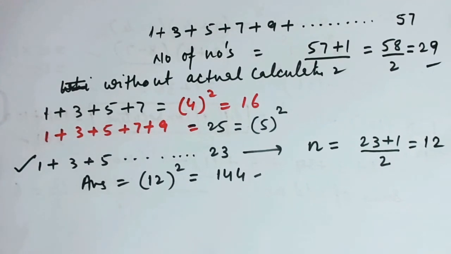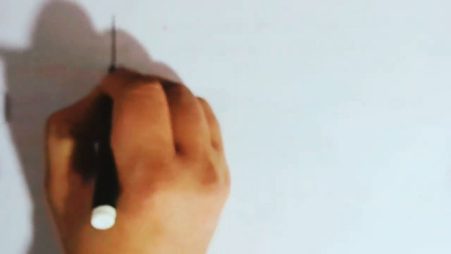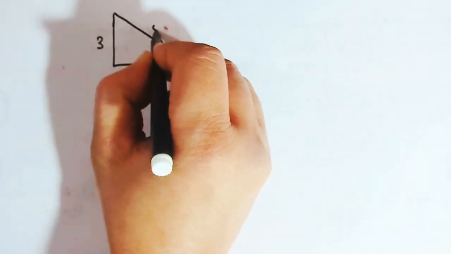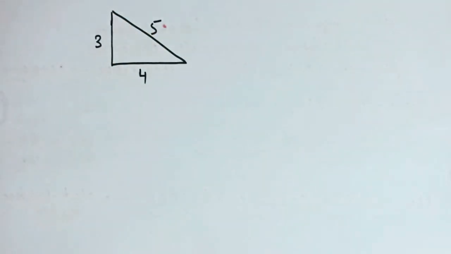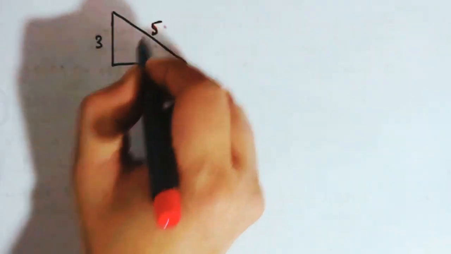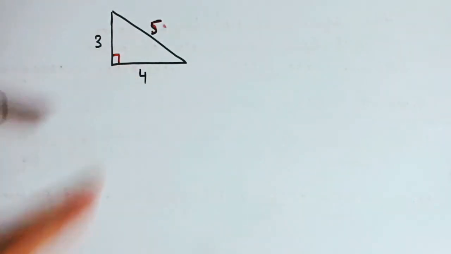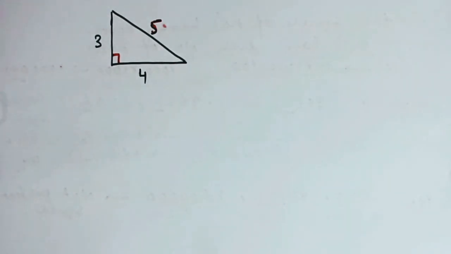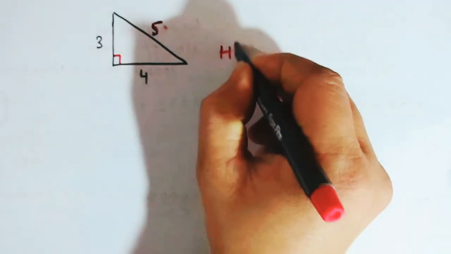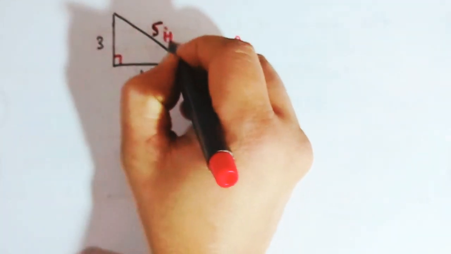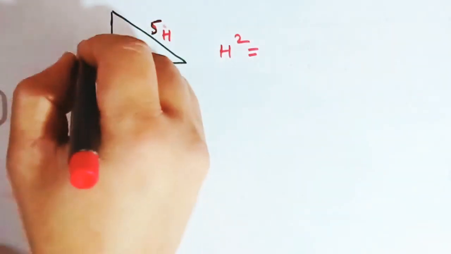Now let us talk about Pythagorean triplets. What is a Pythagorean triplet? So have a look at this particular triangle, and in this triangle, for example, if this is 3, if this is 4, this will be 5. Now why will this be 5 only? Because it is a right angle triangle. So according to the famous mathematician Pythagoras, the hypotenuse square will be equal to perpendicular